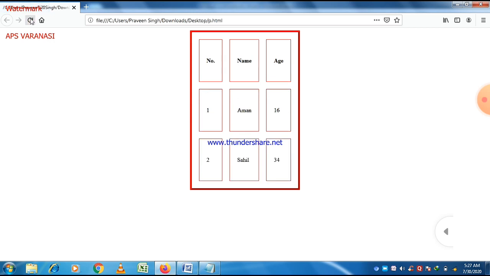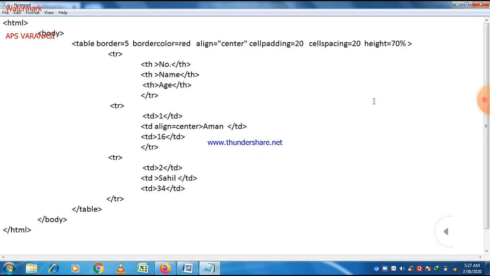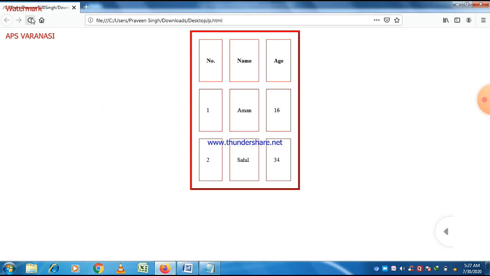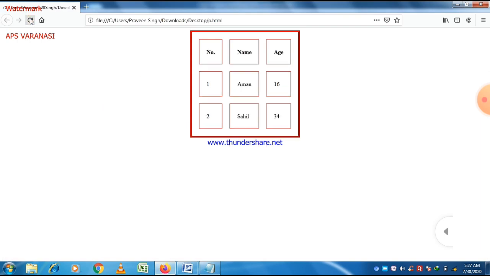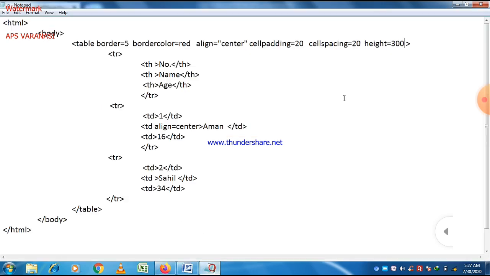Okay, you can see that much more height compared to the previous one is there, 70%. And if we just give a value to it in terms of pixels, let us say 300, then let us check what is the answer. Okay, so we can give the value in terms of number of pixels, and in terms of percentage. So just double it and let us check what is going there.